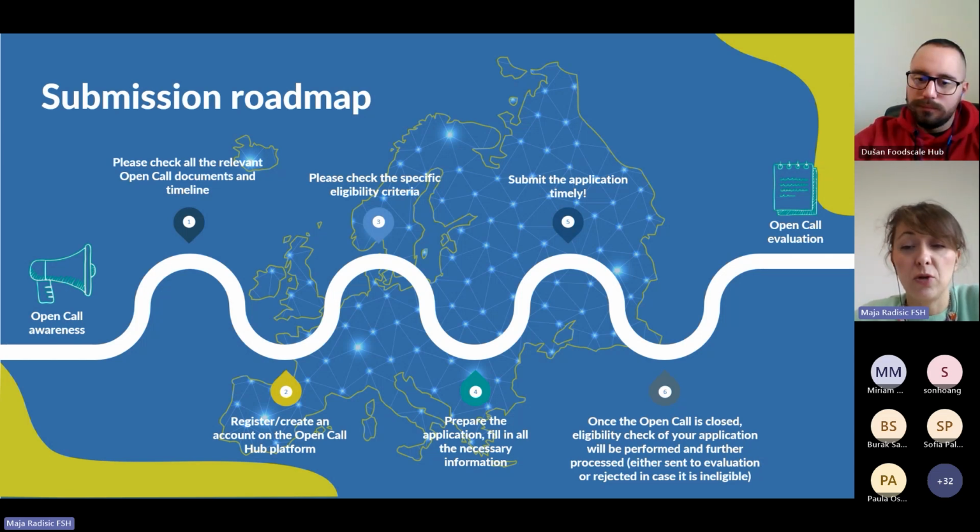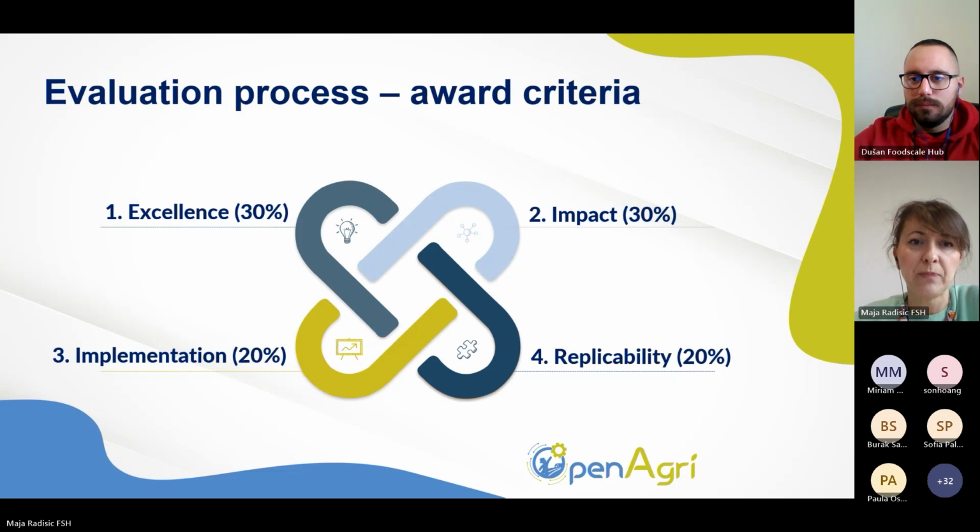Once the open call is closed, an eligibility check will be performed, and further processes are either sent to evaluation or rejected in case it is ineligible. And it will be followed by open call evaluation. Each applicant will receive an evaluation summary report after the evaluation process is finished.